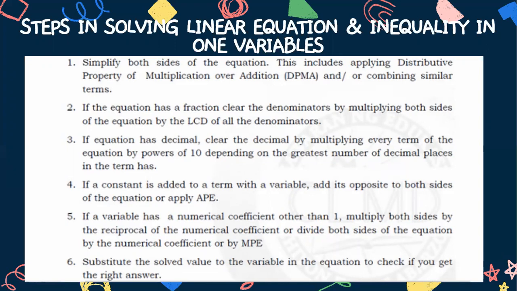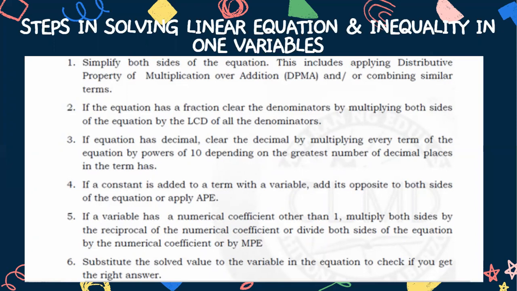When we say number 1 na step, simplify both sides. Kapag merong magkaparehas na symbol or magkaparehas na variable, pwede natin silang ipag-combine. Okay, yun muna yung unang gagawin natin, isi-simplify natin. Kapag wala, huwag natin gawin yun. Wala pa tayong isi-simplify. Next, number 2, if the equation has a fraction, clear the denominator by multiplying both sides